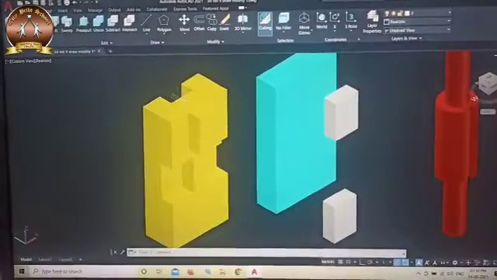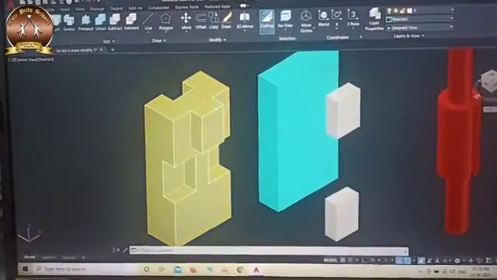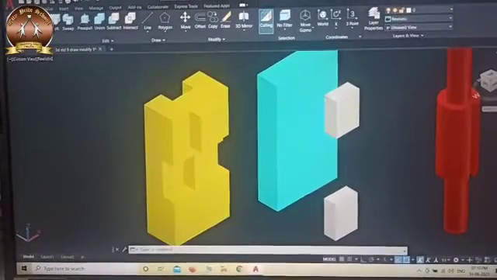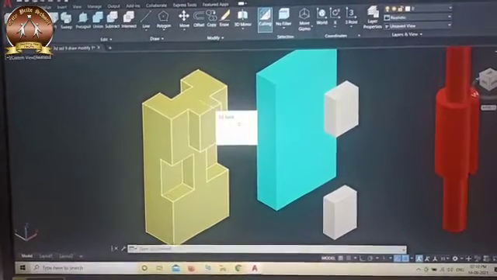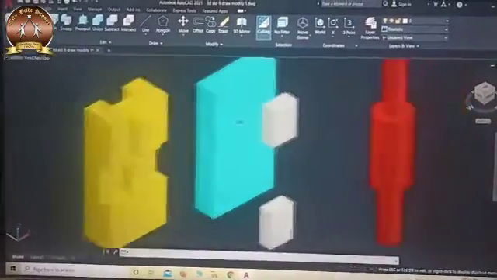Here I make a slot, and here again make a slot. But here you can see I adjust this rectangular block and union this to get a projection.